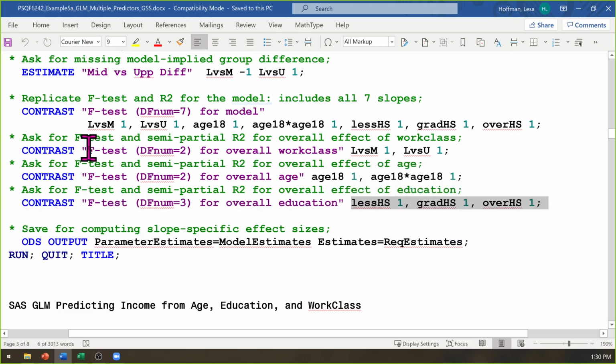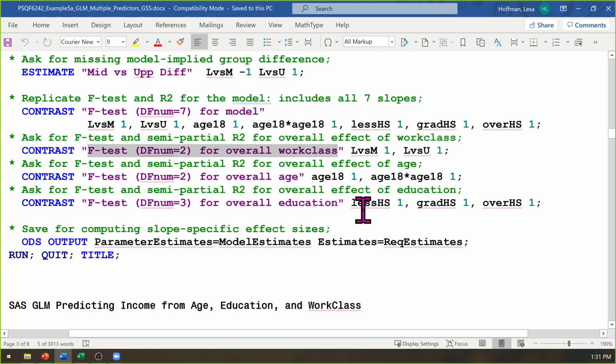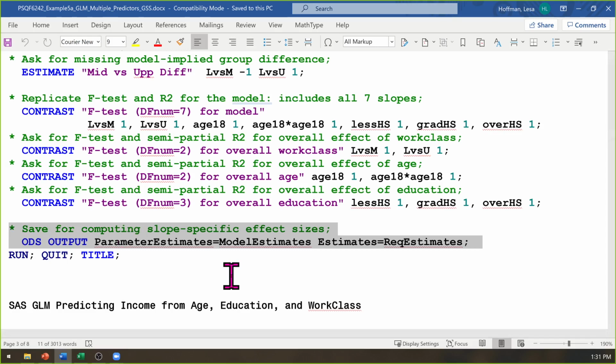And these purple words here, it insists that you provide a label, but you get to write whatever you want here. So this is your trail of breadcrumbs in looking at a whole list of F statistics to make sure you provide a decent label so that you know what you're looking at later on. Stata does not require that, but I always do the same thing by using a comment. And then this part is not strictly necessary, but I use it so that I can do math on the slopes to generate effect sizes for each specific one later on.